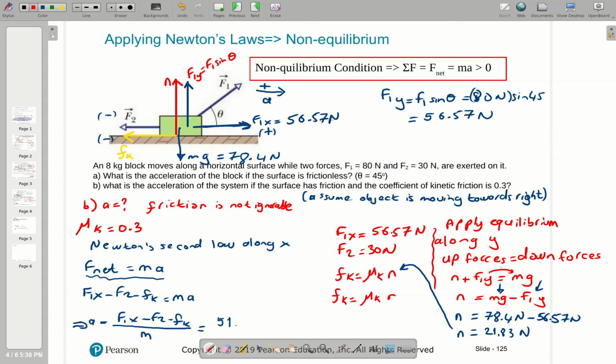We find that. And that guy will be inputted in here. We know this, we know that, and we'll be solving. Mu k is 0.3, n is 21.83 Newton. So my kinetic friction force in this case is,